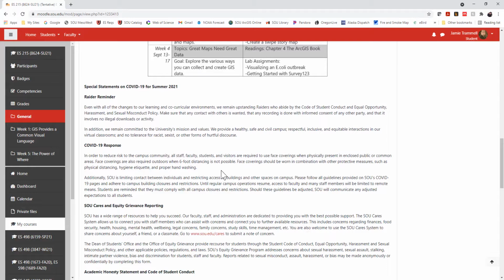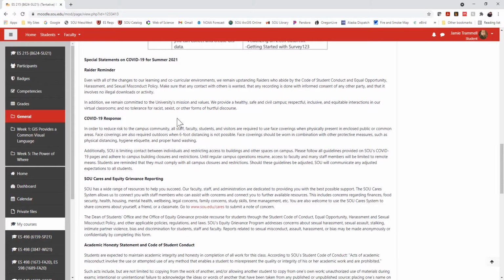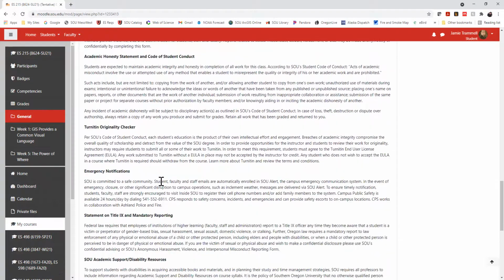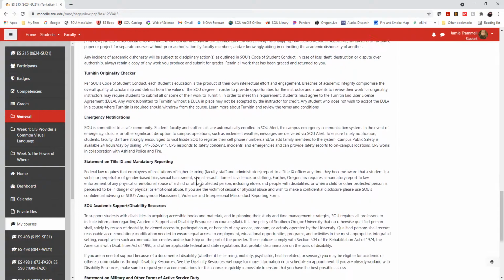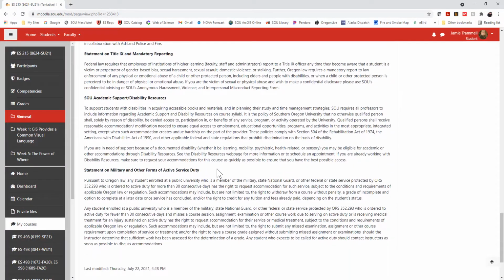If you've taken a class at SOU, you know most of these pretty darn well. But we have certainly ones that are specific to COVID this summer. Responses, grievance reporting, code of conduct. We've got Turnitin, plagiarism software now, so you need to know about that. Emergency notification, mandatory reporting, disability services,